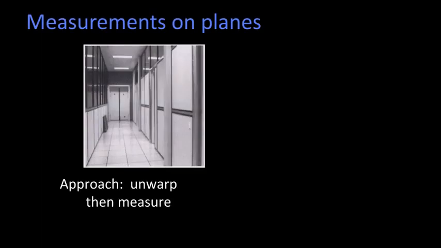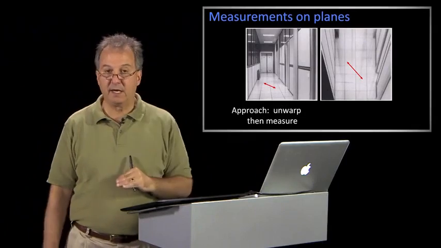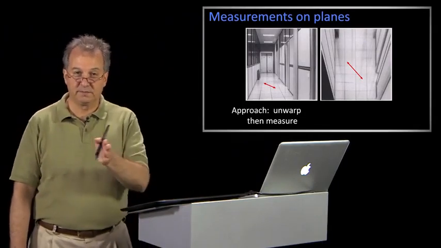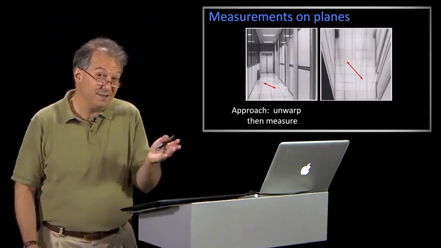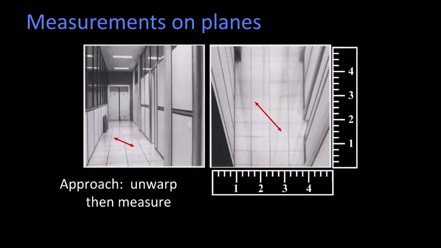So here's a picture. Suppose you want to measure something, let's say start with on the floor, something about across what's on the floor. Well, they have tiles, and those tiles are actually rectangles. So I could unwarp this picture so that those tiles are now squares, because they're, let's say, 9 by 9 inch squares, which is some number of centimeters. 9 times 2.54, say 23, 24 centimeters. Anyway, I can rectify that image,